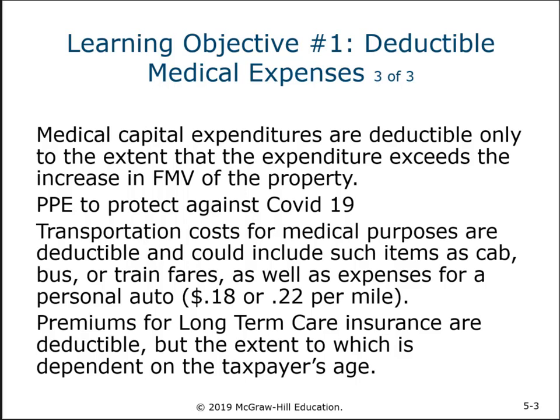Okay, and there's a lot of court cases and things like that that come up because of that scenario, especially because that's obviously a big expense. It has to be a big expense to be medical and deductible anyway, because it's got to be over 7.5% of AGI. Okay, transportation costs to go to and from the doctor, hospital, dentist, all those kinds of things